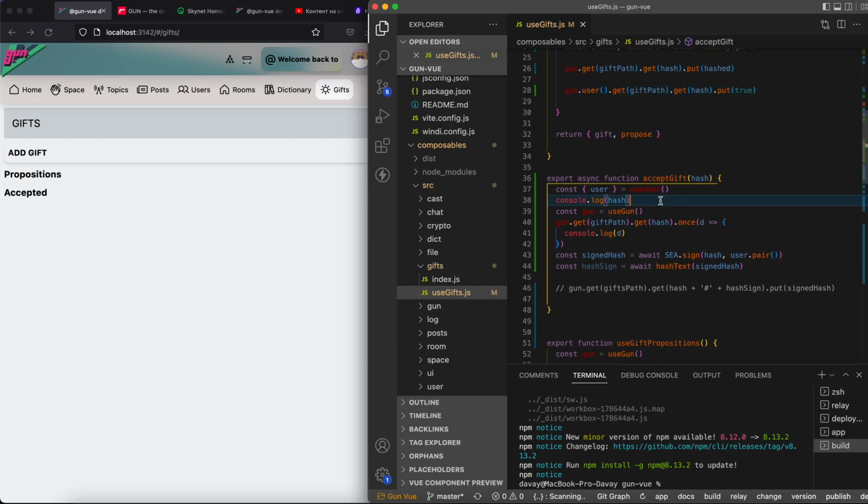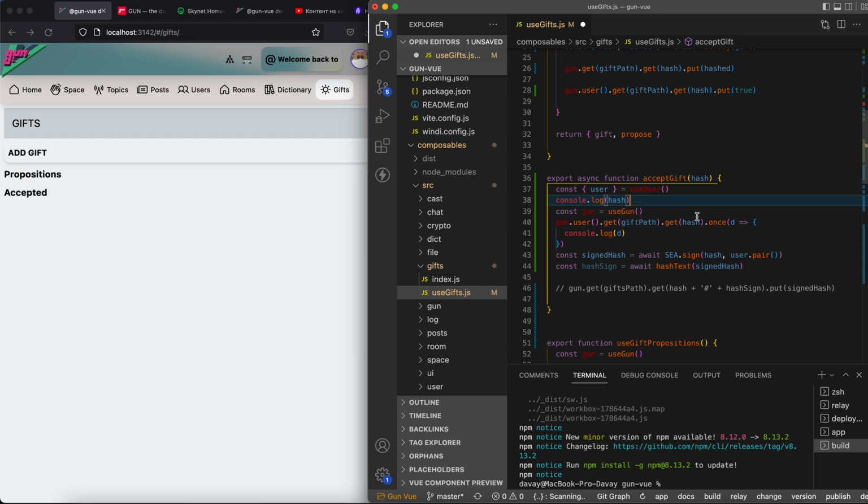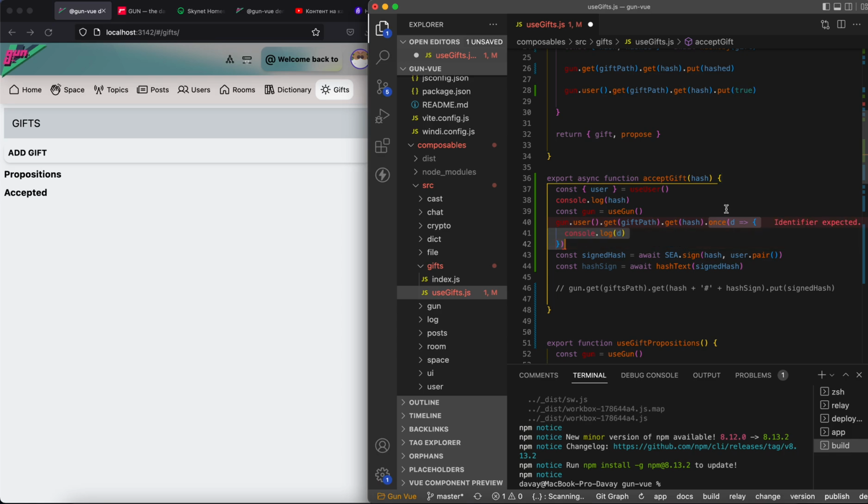So if we accept gift, then we go to gun.user gift path, okay. So we can just remove, put null here and remove all the gifts, or yeah, gift path. So then hash, and then we will put, so when we accept gift, we have a hash. So let's go here and have the exact object that will be. No, if we accept a gift, we just go to